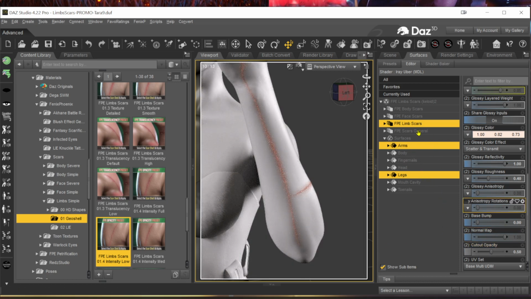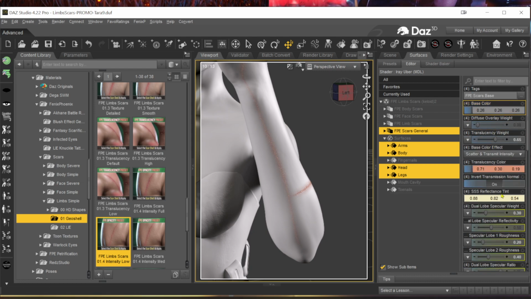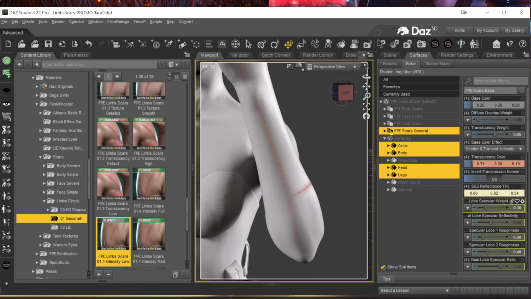It's best to just change it across the board, just because you'll have some of the scars that might cross between, for example, the body and the head, and so you don't want to create seams by changing the value of the face only and then forgetting about the body. So it's best to change any of these values using the selection set